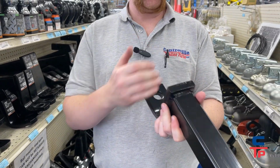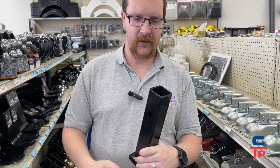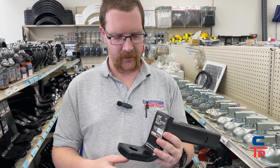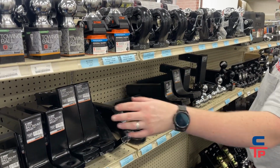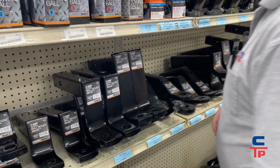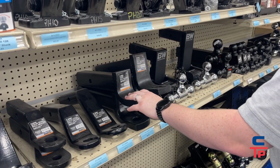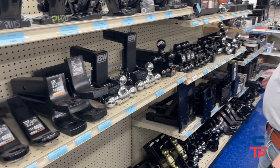That dictates the maximum weight rating of these things. So typically, if it's a solid shank, it's going to be a heavier rated item. If it's a hollow shank, it's going to be less of a rated item. Your most common size has a 2-inch shank on the back. We also carry a variety that come in a 2.5-inch shank,